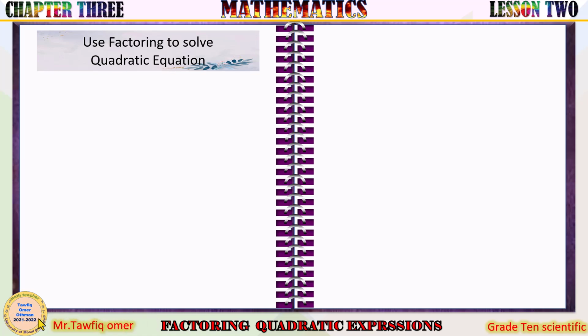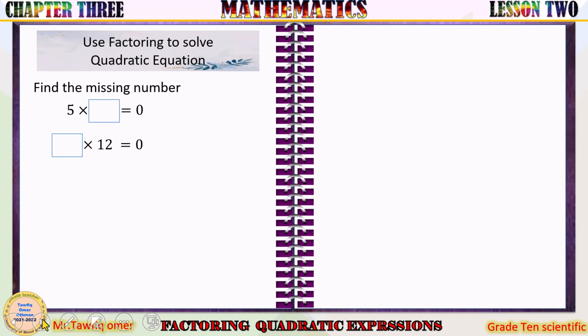We can use factoring to solve the quadratic equation. First of all, let us take these two examples. Write the missing number. As you can see, if we multiply 5 by which number, the answer is 0? It must be 0 because 5 times 0 is 0. And what number must we multiply 12 by so that the result is 0? It is 0. This is called the